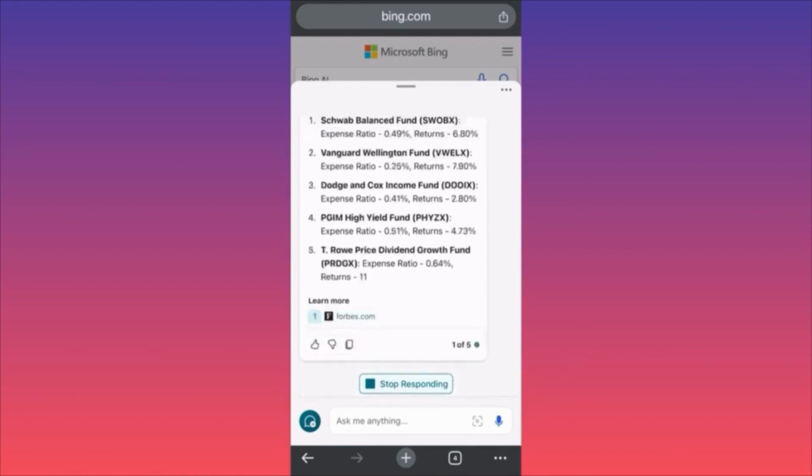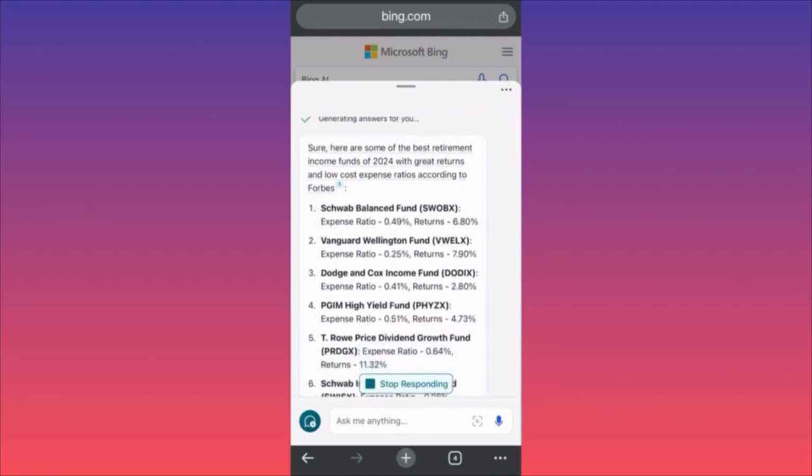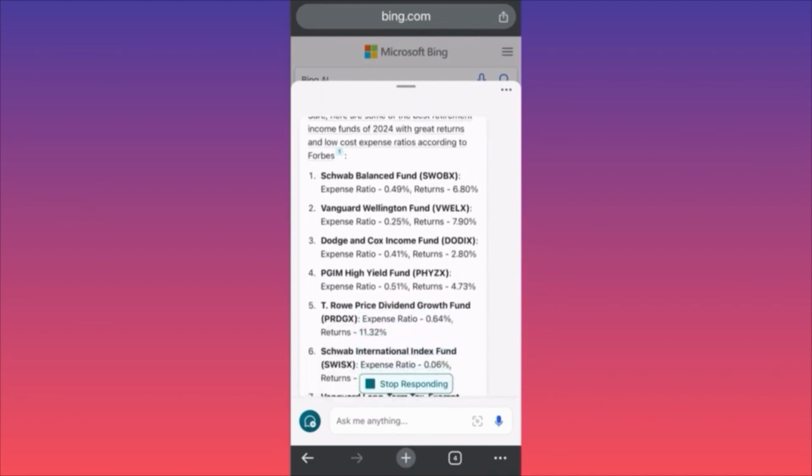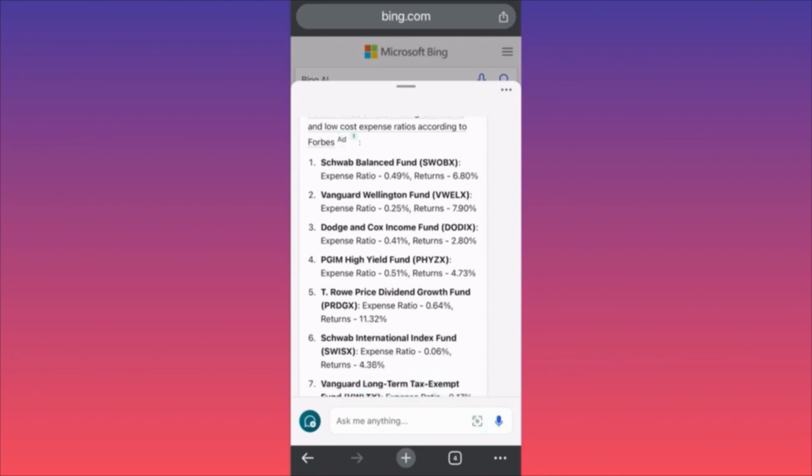Here's the list of the best retirement income funds in 2024 with great returns and low cost expense ratios, according to Forbes. Okay, so you see what it did? It went out there, found one of the most reliable sources, and spat out the information from it. So we have a Schwab Balanced Fund, return is 6.8%, expense ratio is 0.4, which is kind of